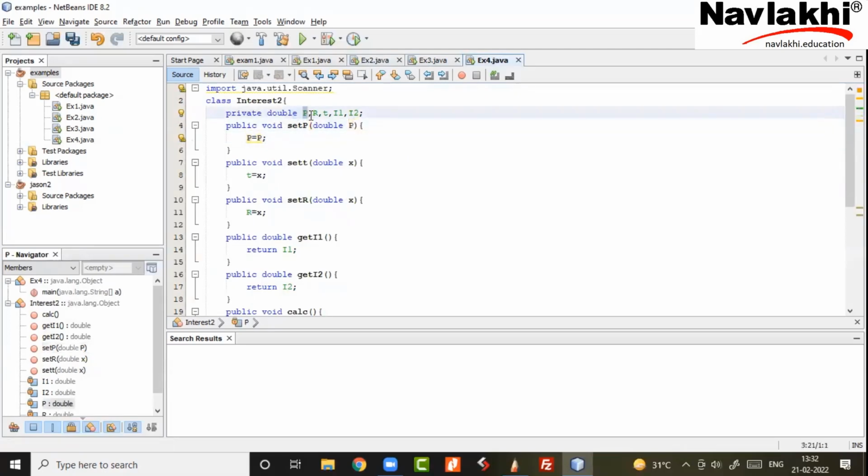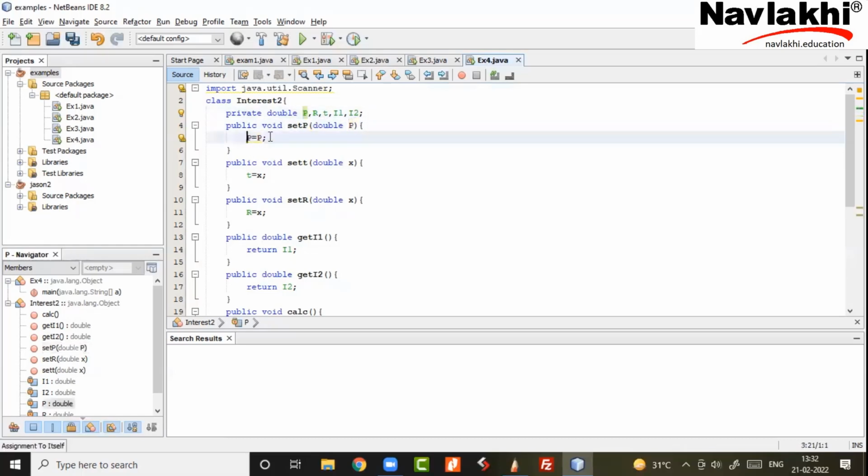Think about it. How will a computer know that this P should go into that one? Now you may say, sir, why not just keep X, why all this confusion? But as I said, I'm going gradually towards the industry approach. So this value of P has to go in this value of P. Now, how do I differentiate between the local P and the global P? How do I differentiate between the function's P and the class's P?